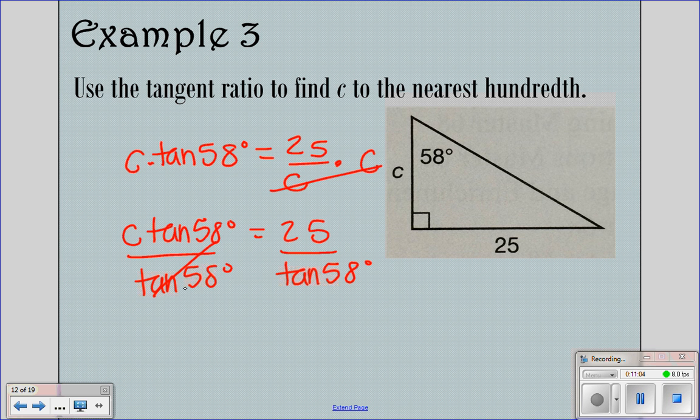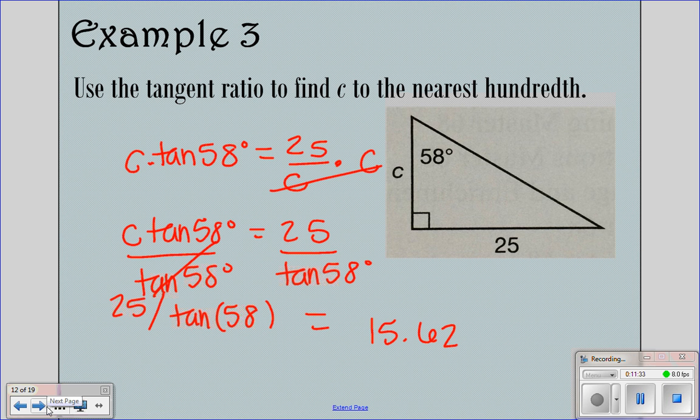And now, in your calculator, you're going to type in 25 divide by tangent, and it'll have a parentheses, so you do 58 and then close the parentheses. And that should equal 15.62. So you should get 15.62. It said round to the nearest hundredth. So again, you may need to stop the video and help your neighbor, but that's how you would find C